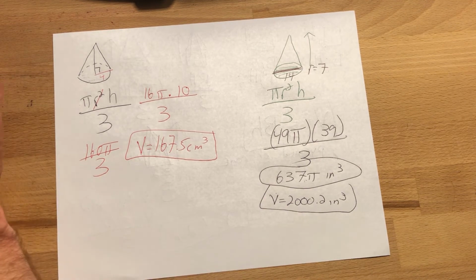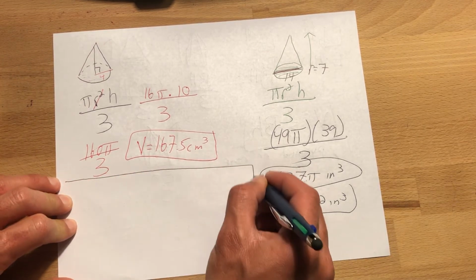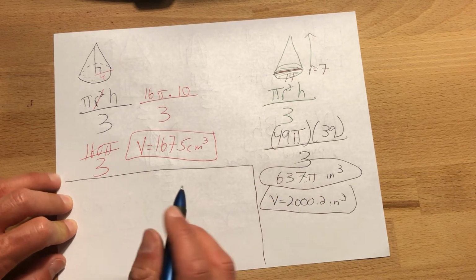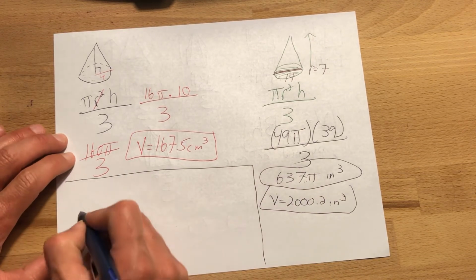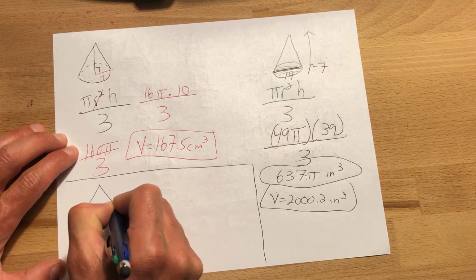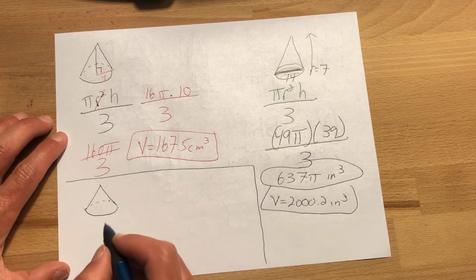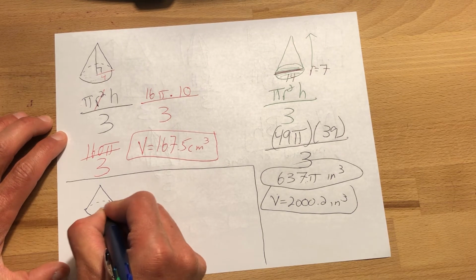Okay, now we're going to get to a couple more that are a little more in depth. They give you a word sentence, not a problem, just a sentence. I want you to find the volume with a cone. All right, so let's draw this. If they give you a shape, draw it out. Cone, which has a radius